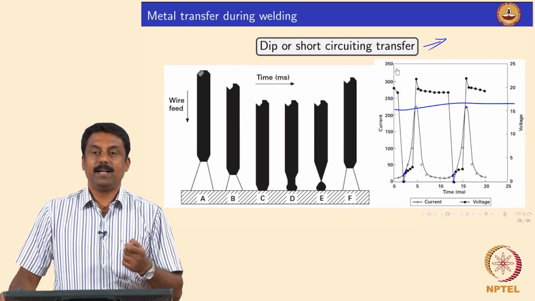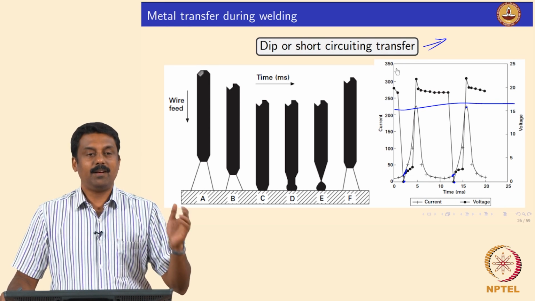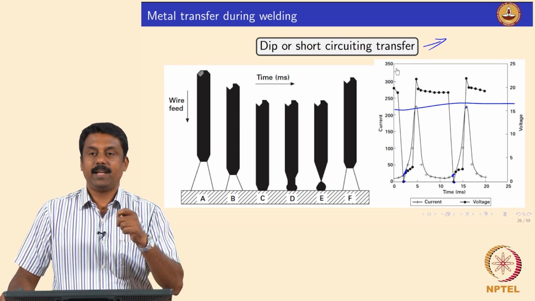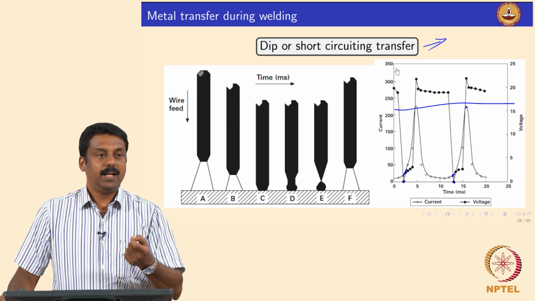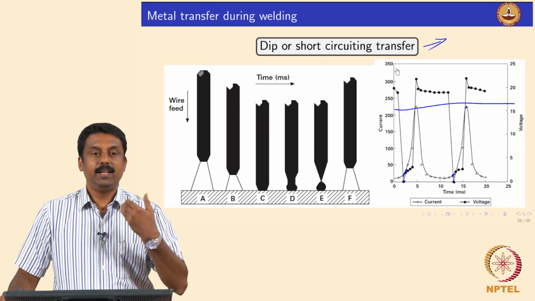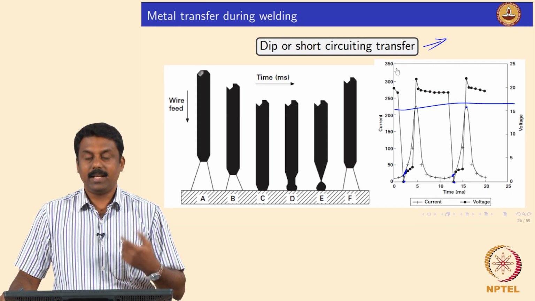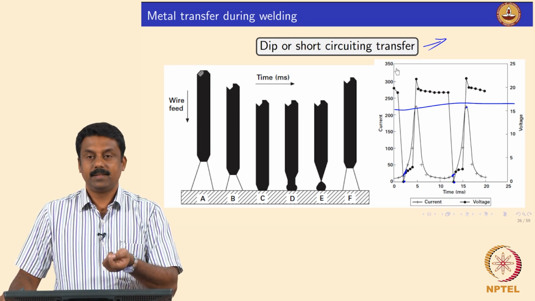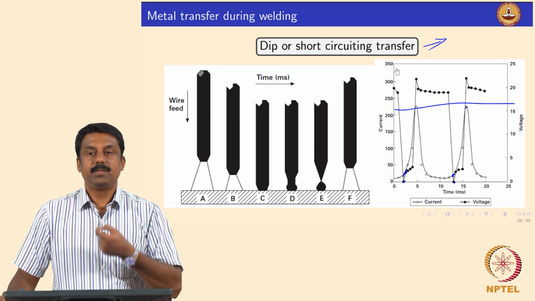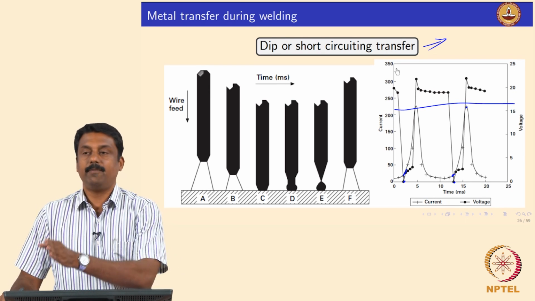That is why we use synergy in advanced power sources. It is all synergistically controlled, because for a given composition and filler diameter, the program is already there. What will be the feed rate? What current does it have to use for a given pulsing, and how much is it going to melt? If it is melting, how much feed rate has to be maintained so that it can establish short circuiting for a given time interval.